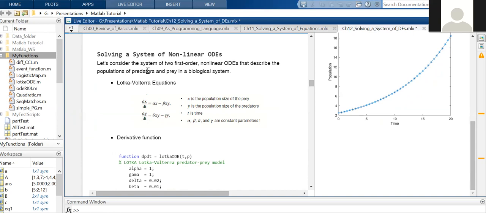For example, let's consider a system of two first-order nonlinear ODEs that describe the population of predators and prey in biological